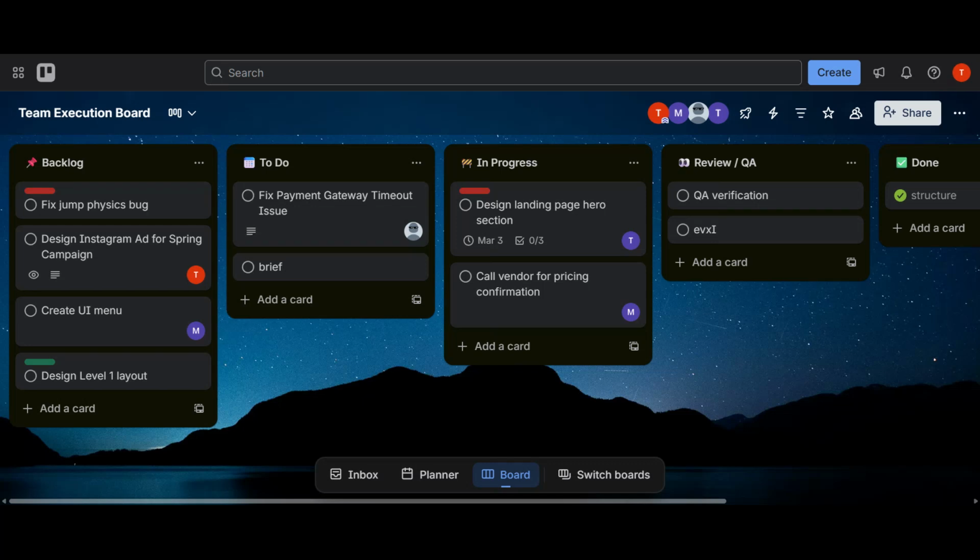In today's video, I'm going to show you exactly how to use Trello for team management in a simple, structured, and professional way. If your team feels disorganized, if tasks get lost in chat messages, or if no one really knows who's responsible for what, this setup will completely change how you work. By the end of this video, you'll have a clean Trello board structure that prevents chaos, improves accountability, and gives